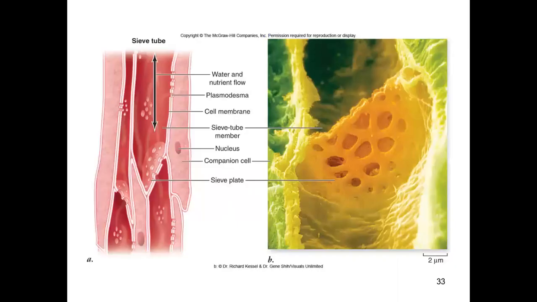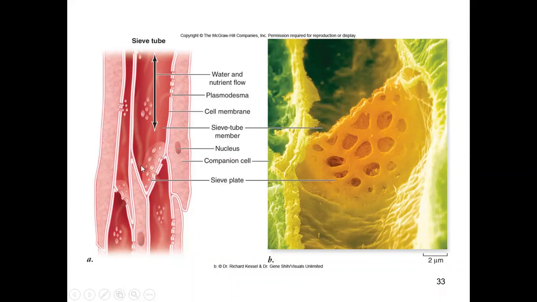So you see here, these are the slide photographs. This is the diagrammatic view. When you take a transverse longitudinal section of the stem, we can observe these kinds of phloem elements. We call this the phloem tissue, and this tissue is made up of different kinds of cells. Here is a sieve plate. If you observe here, these are the sieve plates.